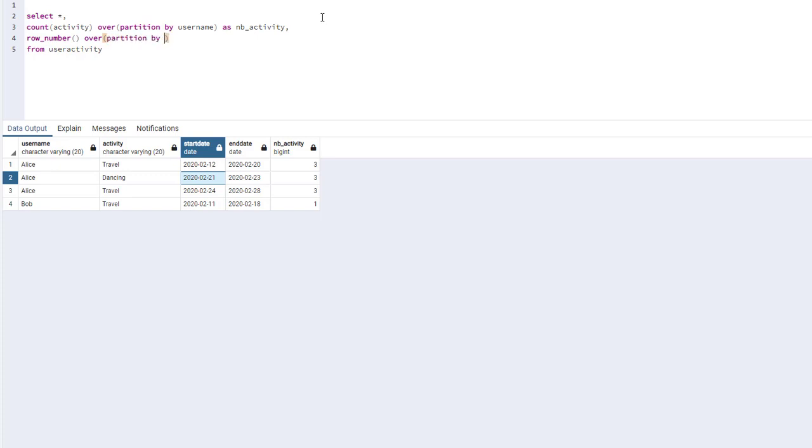partition by username. I want the row number to be recomputed every time we have a new user. Okay, I wanna see 1, 2, 3. Then when we have a new user, Bob, I wanna see 1. So the grouping should be with username. This is where we say that in the partition. I say partition by username,